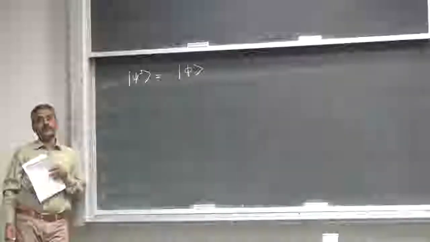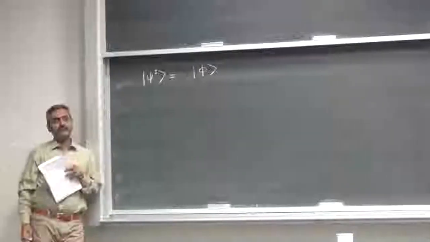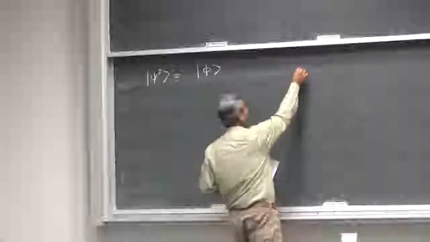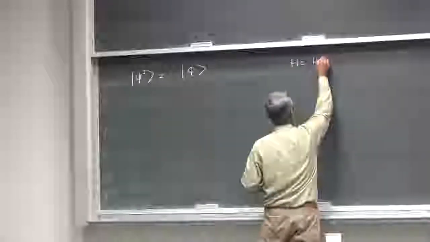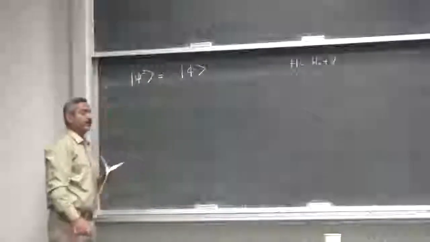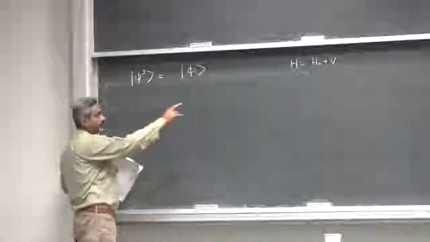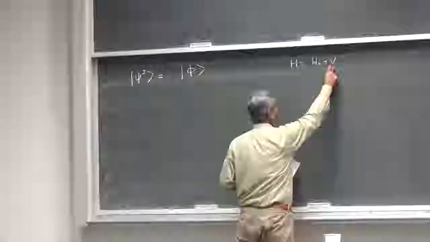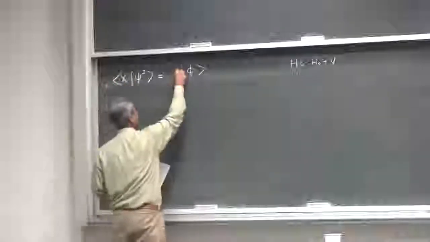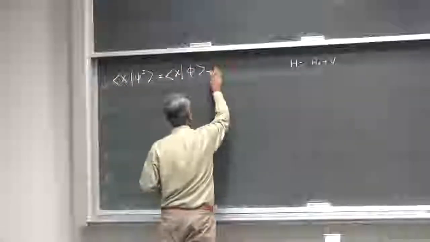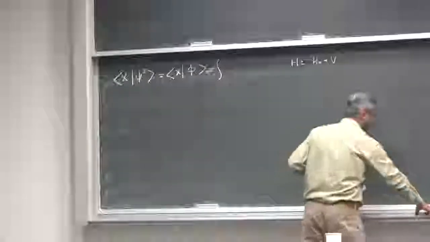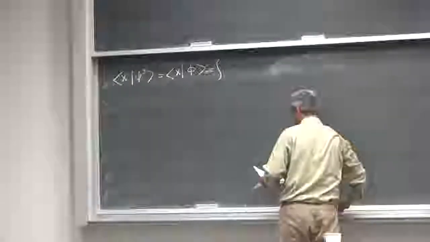And the Hamiltonian is H naught plus V. Right? You guys remember? So H is equal to H naught plus V, where this is the free particle Hamiltonian, right? And this gives the scattering. So this thing has to be equal to this thing minus. Now the part that has the scattering in it can be written